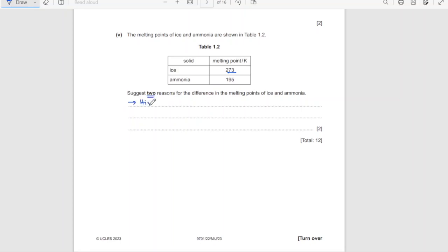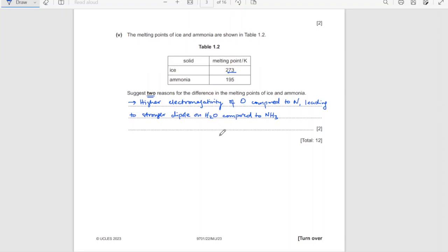So write this as higher electronegativity of O compared to N, leading to stronger dipole on H2O compared to NH3. Now, the other reason is that H2O has two lone pairs on the oxygen atom, whereas ammonia